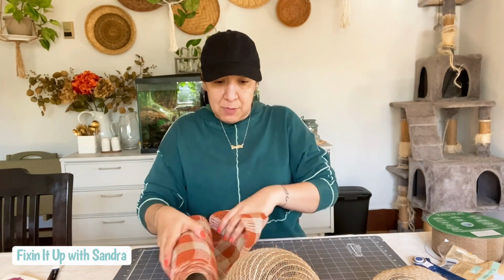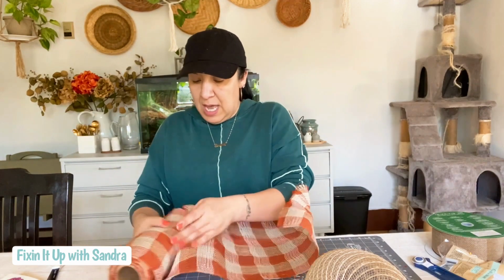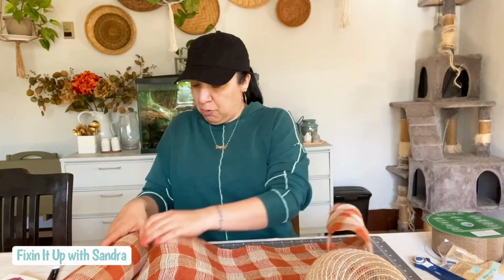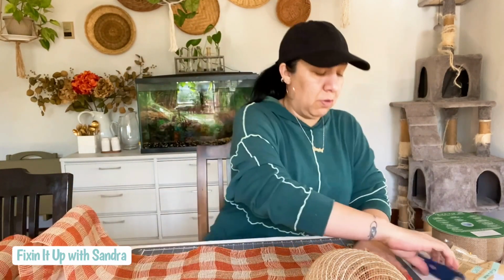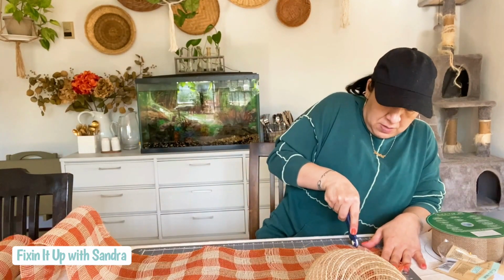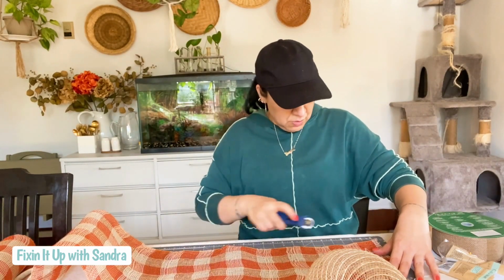And we're gonna cut 10 pieces because we're gonna put this all on the outer pipe cleaners, okay? So I'm gonna kind of unroll this. This one's caught. All right. And this is nice and thick. It's almost fabric-like. It's really, really pretty. All right, there we go. Let's go ahead and cut. I'm going to cut this frayed edge off real fast, because we're gonna do 10 pieces, and I absolutely love these rollers from the Dollar Tree. All right, so let's do,